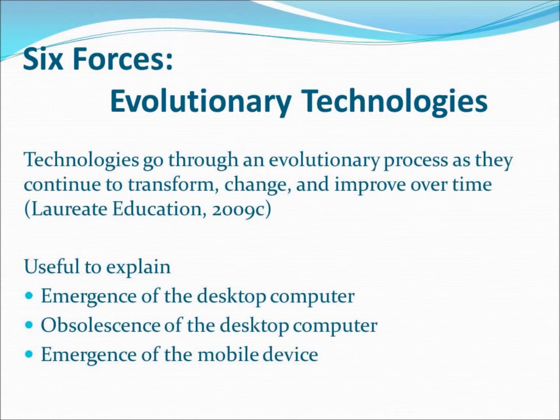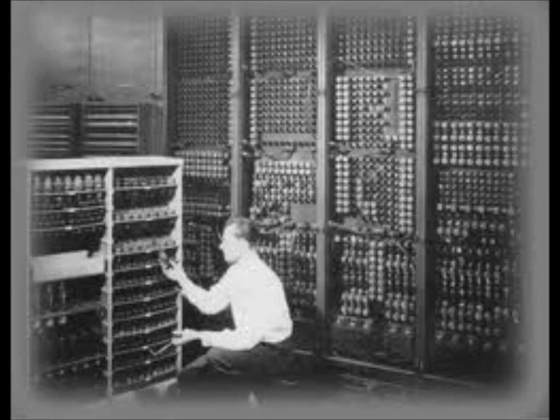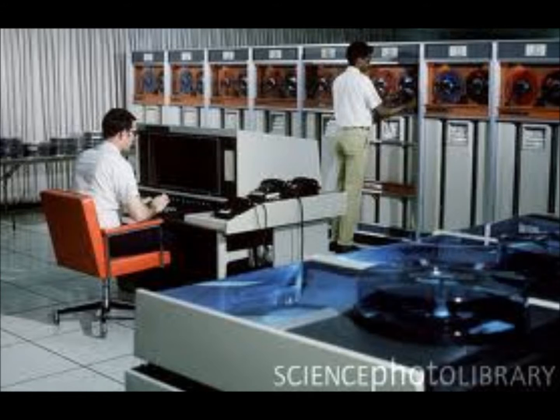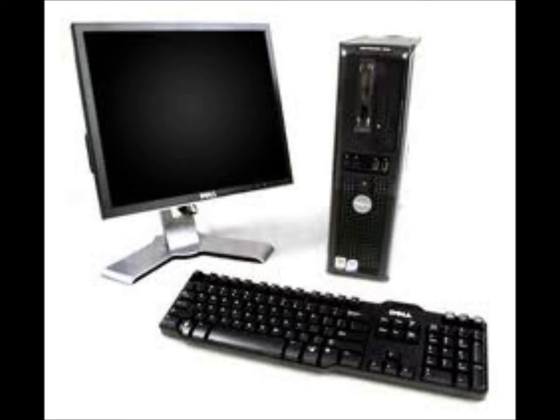According to Thornburg, technologies go through an evolutionary process as they continue to transform, change, and improve over time. Best described by Moore's law, this force predicts a reverse trend between the power and price of new innovations. The exponential growth of computing is a marvelous example of the growing returns from an evolutionary process, the desktop computer becoming exponentially more powerful over time, from the mainframe computer to the small form factor the district adopted.